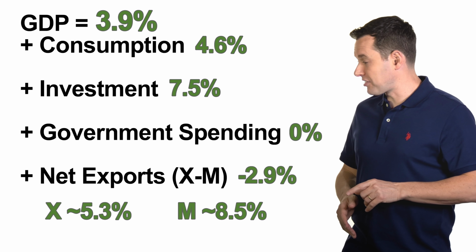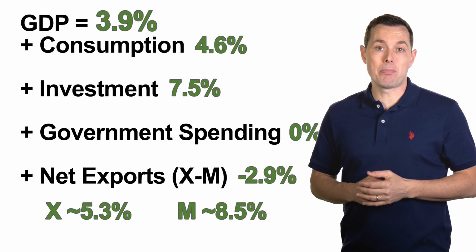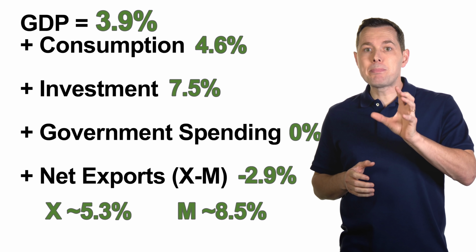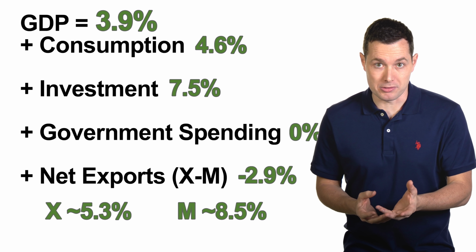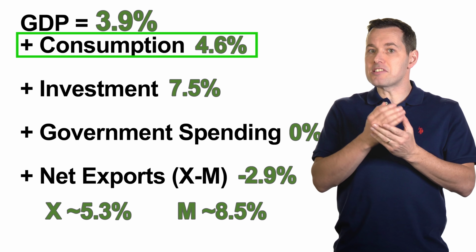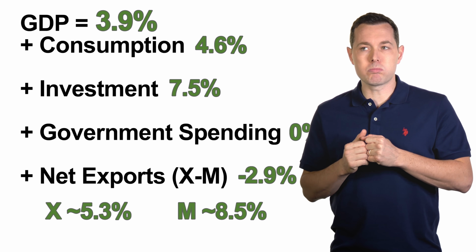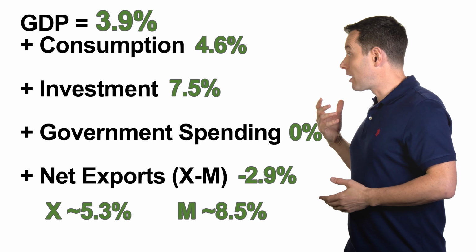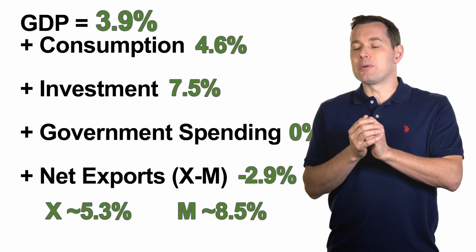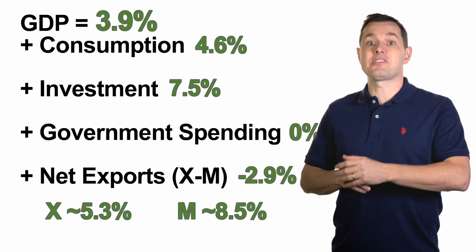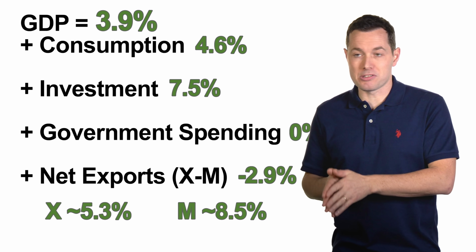Now, if we were to add these numbers up, if we were to do this quick math, we might realize this does not add up anywhere near 3.9%. That's because every piece of GDP does not contribute the same amount to overall GDP numbers. In fact, it's consumer spending that is the primary driver from a dollar's perspective on where GDP ultimately goes. Government spending is a decent number. All of these have different weights, so you really can't add up percentages. If we wanted to do it a more technical way, I would have used actual dollar numbers and then we could add those up.